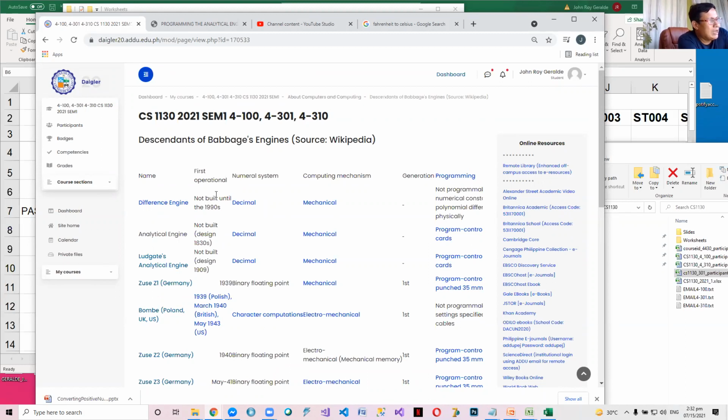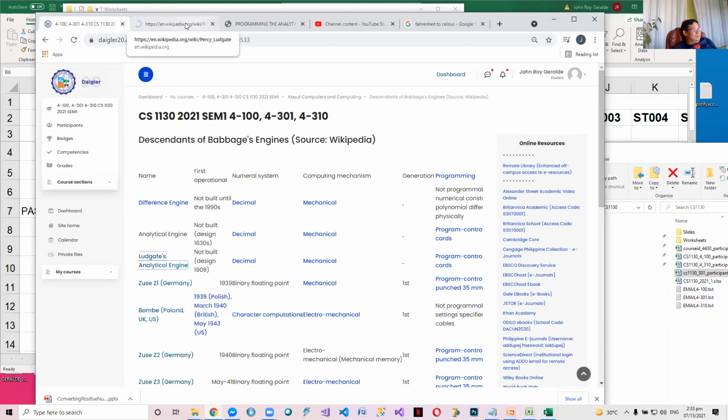Okay, he assembled a small scale engine to represent the mill. Only a portion, that's why it was never built fully. But he was able to build the mill. He could not complete it because there was no technology to build a store. There's a Jacquard loom to build the cards, but the store cannot be built because there's not enough technology. So in 1909,